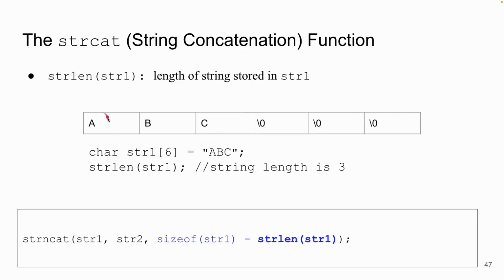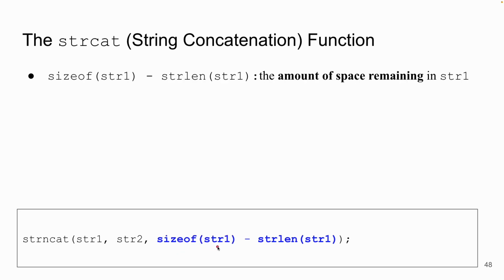Because there's only 3 characters, and string length doesn't include the null character in its length. So the length of string 1 in this case is 3 instead of 6. So that is why I want to subtract the length of the string stored in str1 from the size of str1. Because size of